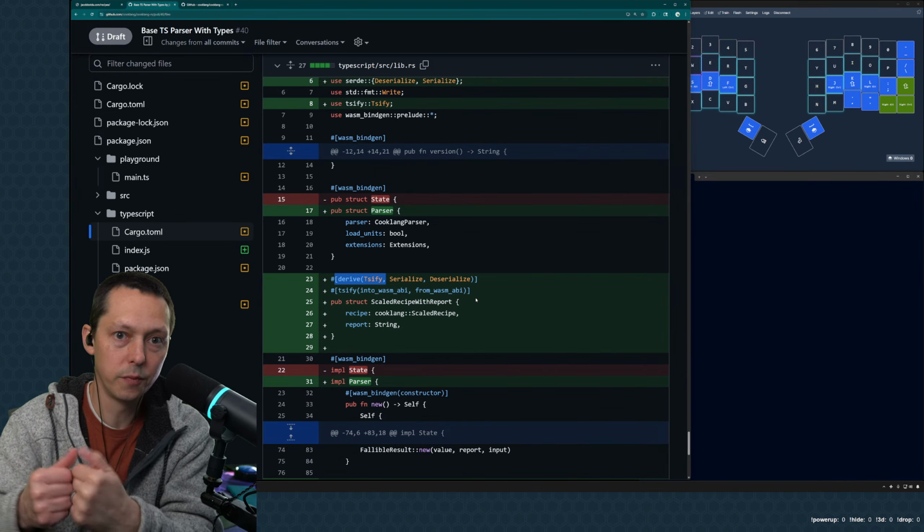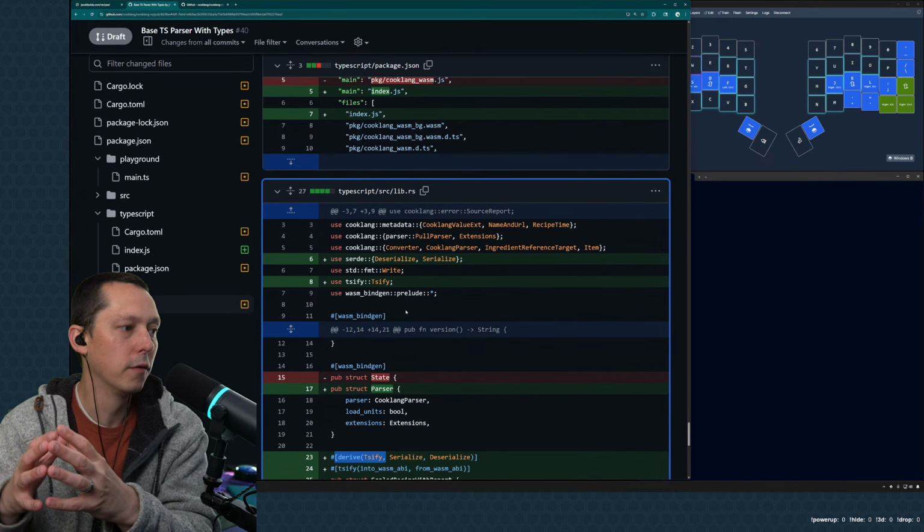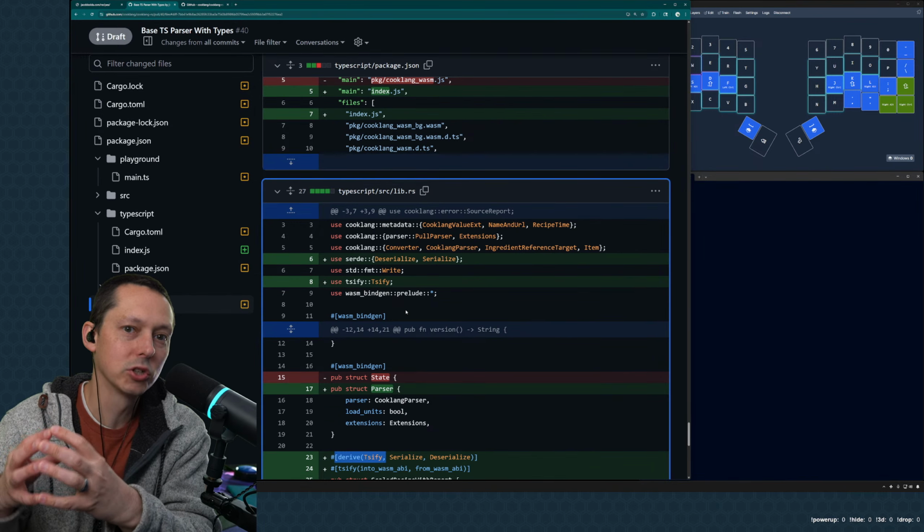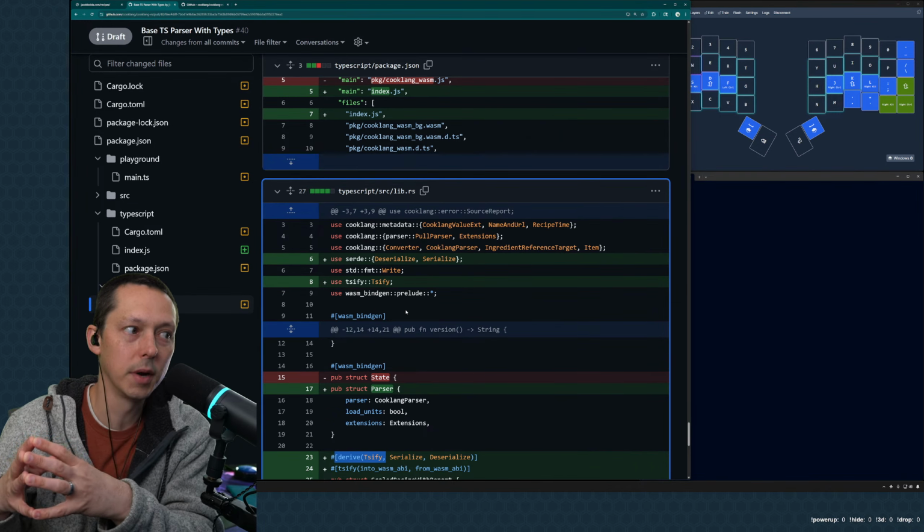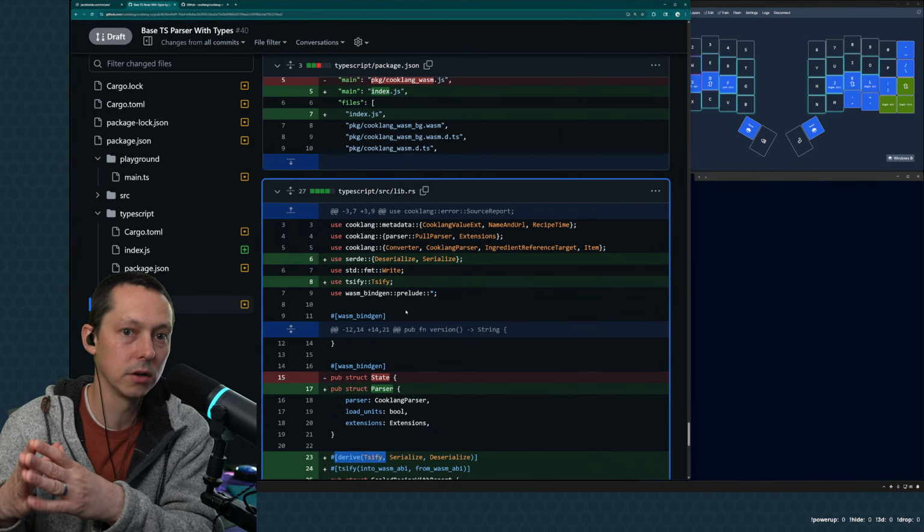But I understand why, because functionally that is a much larger scope if you're going to automatically handle some of this stuff. So you can see that we look at sources from the main crate. I ended up having to put this in every place. And then I had to do a couple